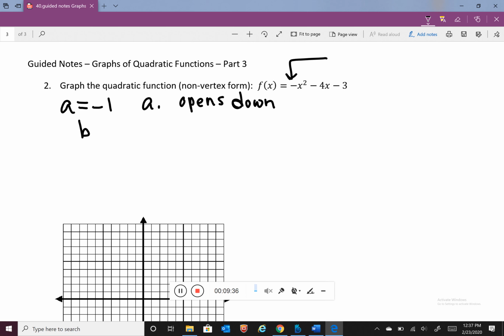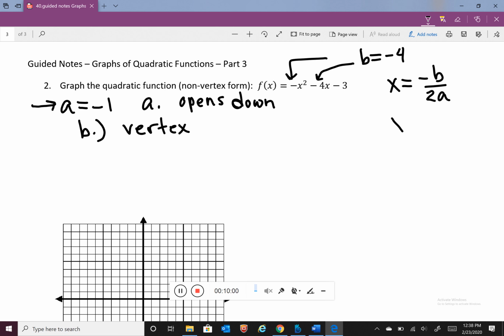For part B, we need to identify the vertex. And because this is in non-vertex form, we need to remember our formula. So x is equal to -b over 2a. And b is -4. And as we said, a is -1. So be careful of all of these negatives. This is the negative of negative 4 over 2 times negative 1, which gives us 4 divided by negative 2,